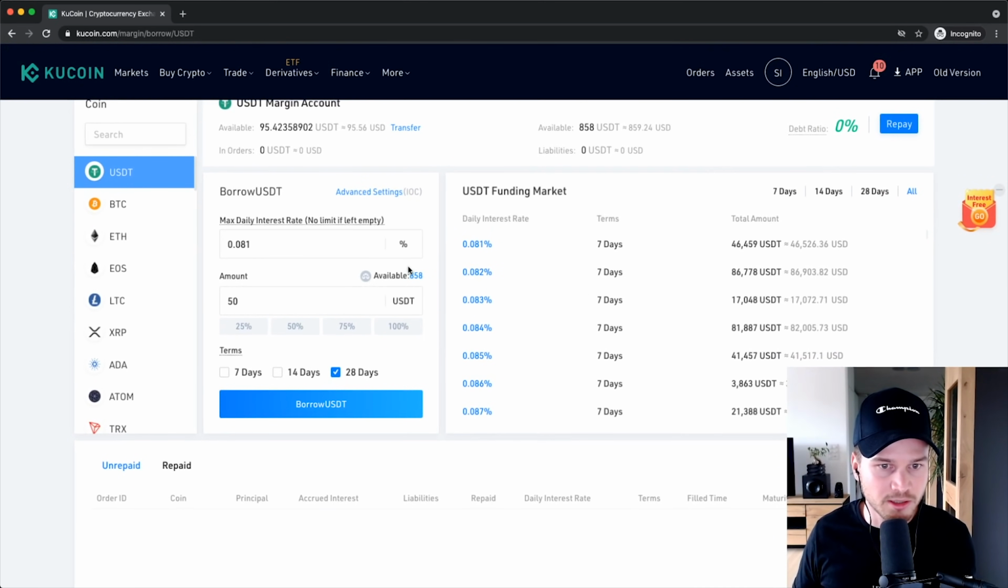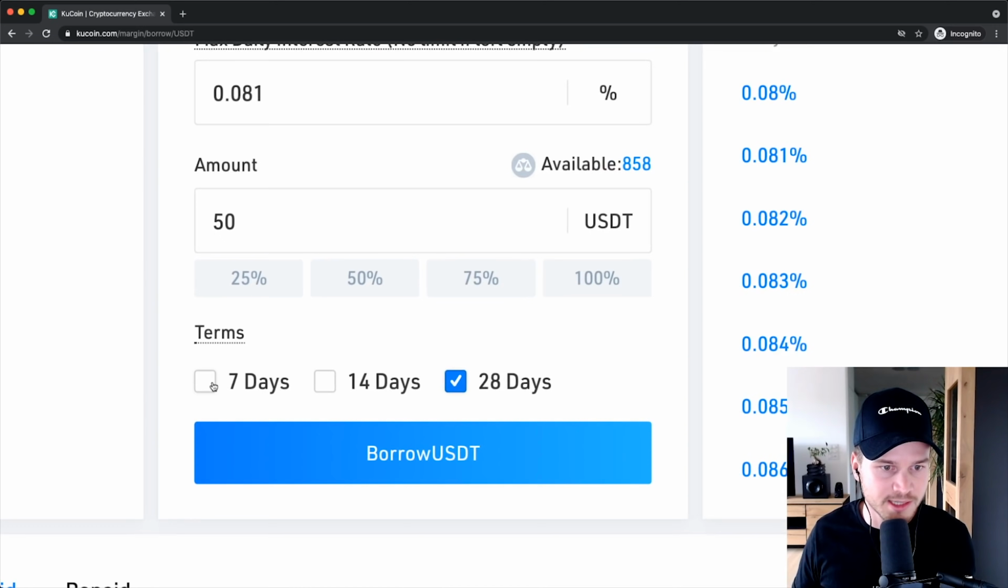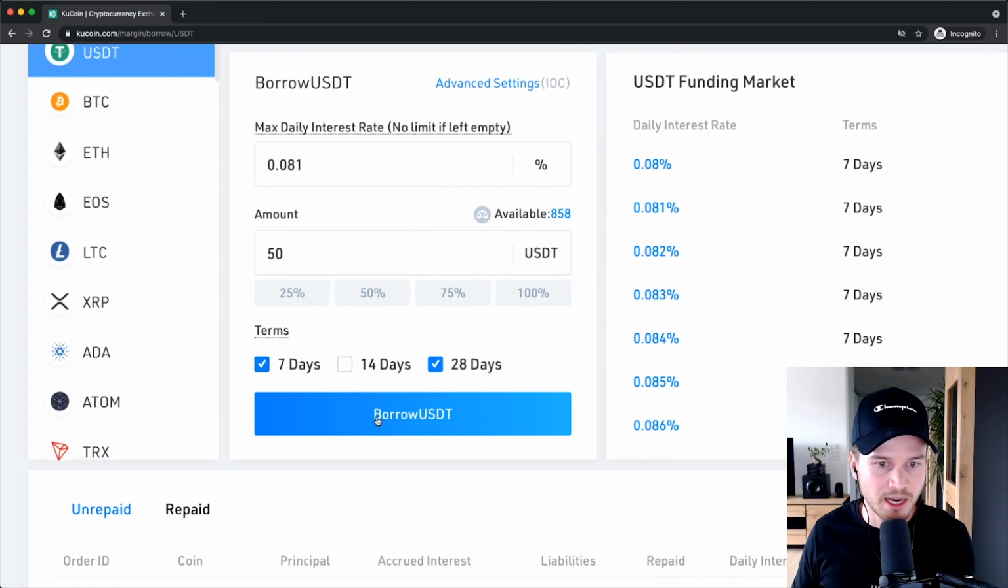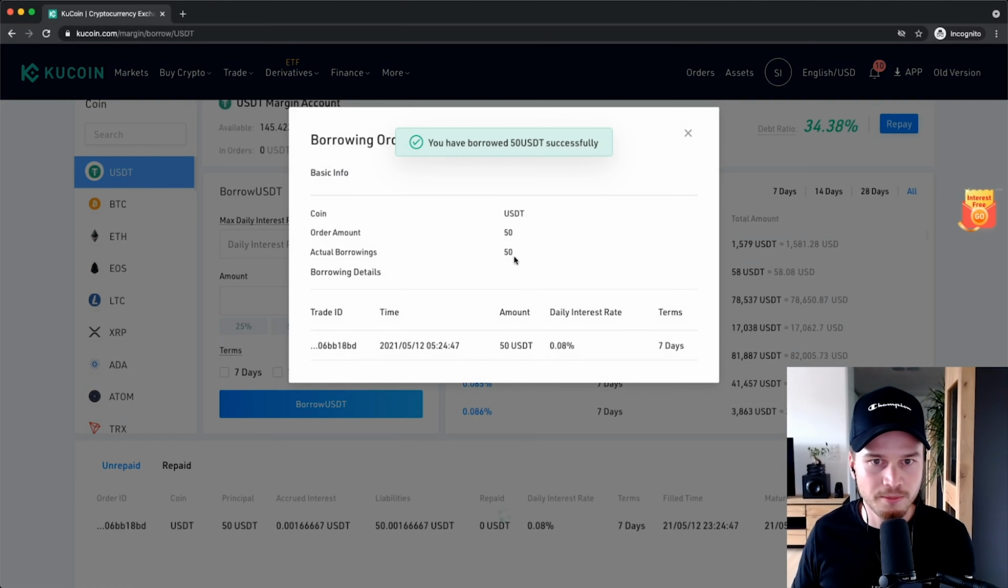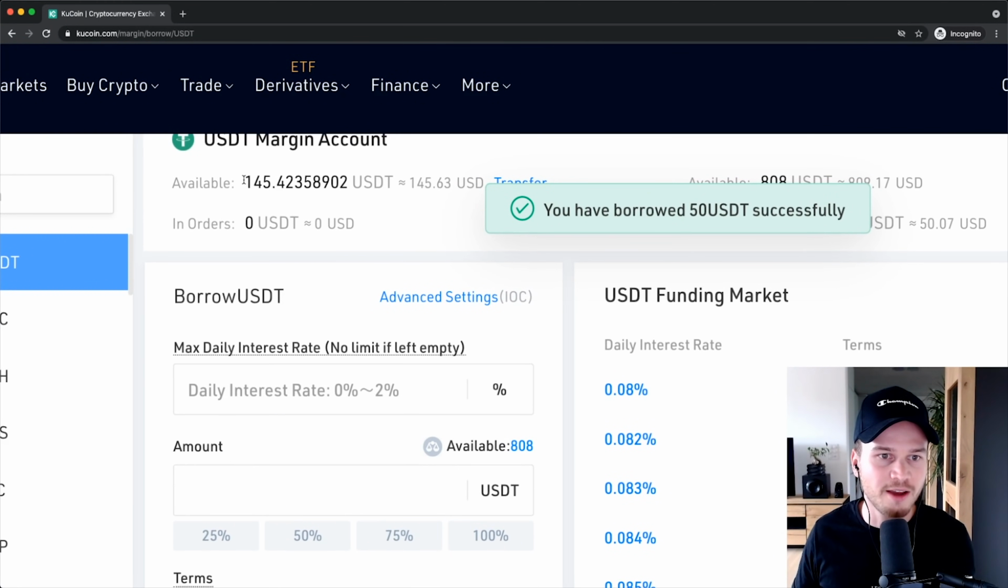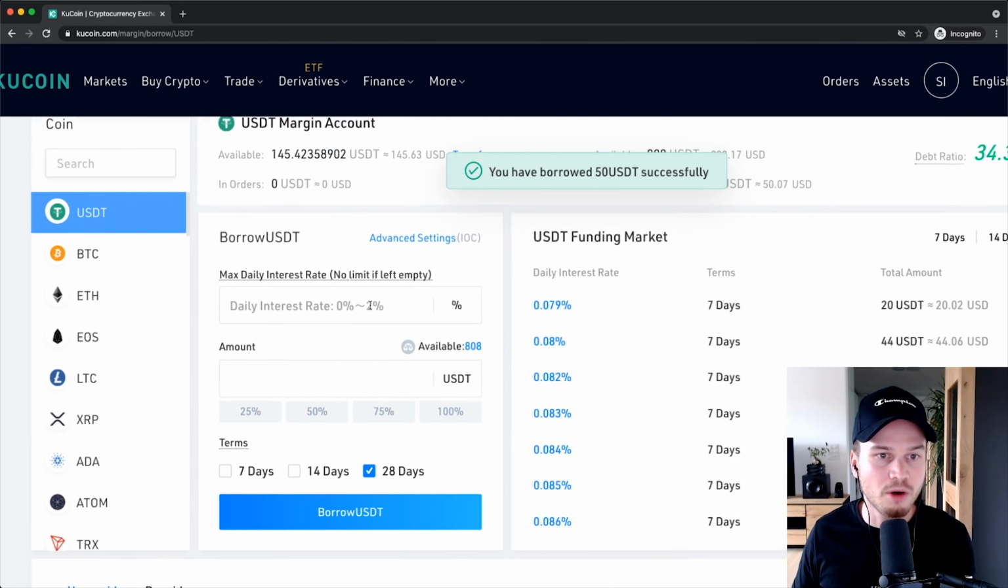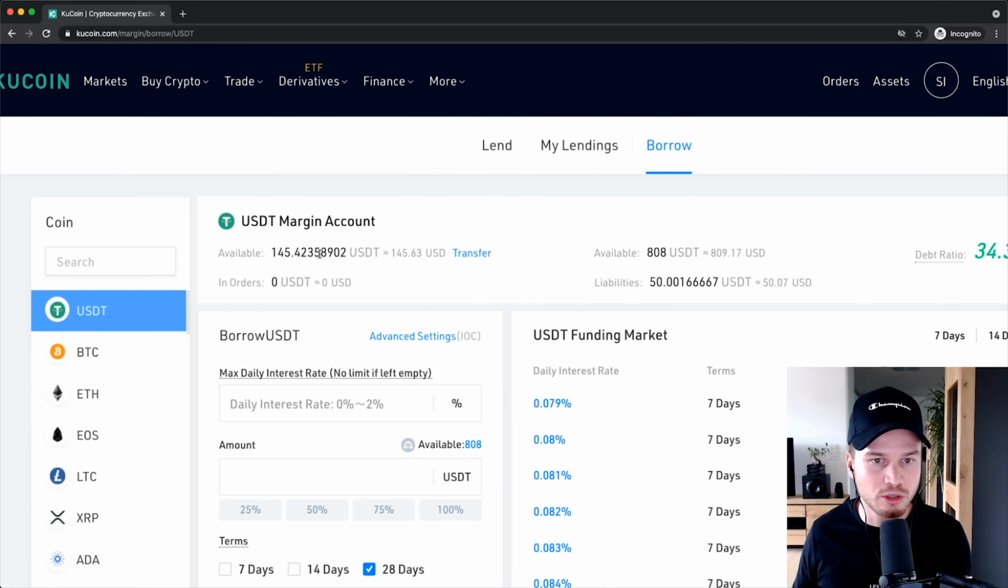So let's say I'm going to take this, and let's say I want to pay back after 7 days. So then I'm going to click on borrow US dollar tether. All right, you have borrowed 50 US dollar tether. It's that easy. I have now 145 US dollar tether in my margin account that I can now use for